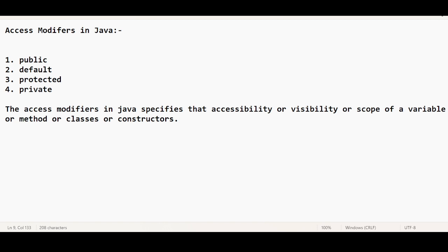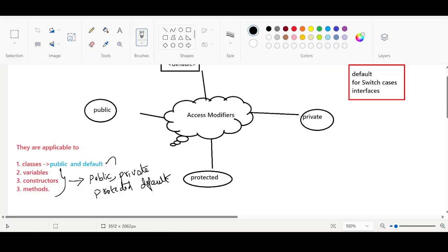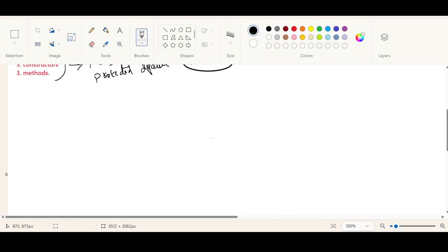Okay, so we use these access modifiers to control the visibility. What does it really mean, controlling the visibility? For example, let us see. In India, there are a lot of government places, and if a person wants to visit any government